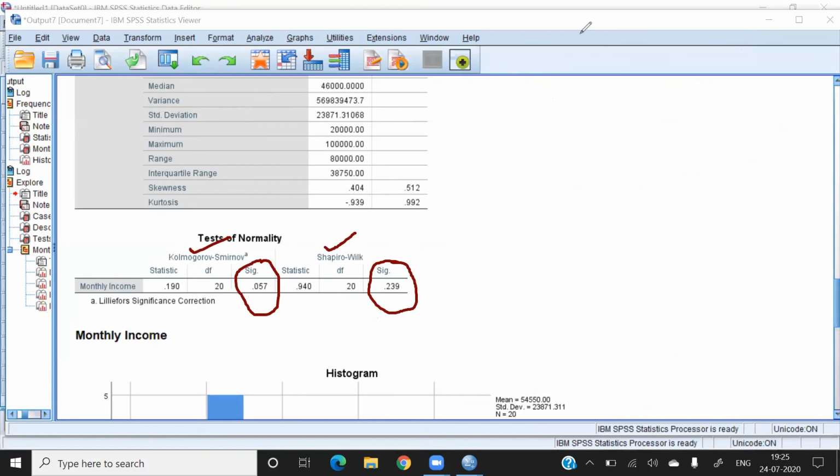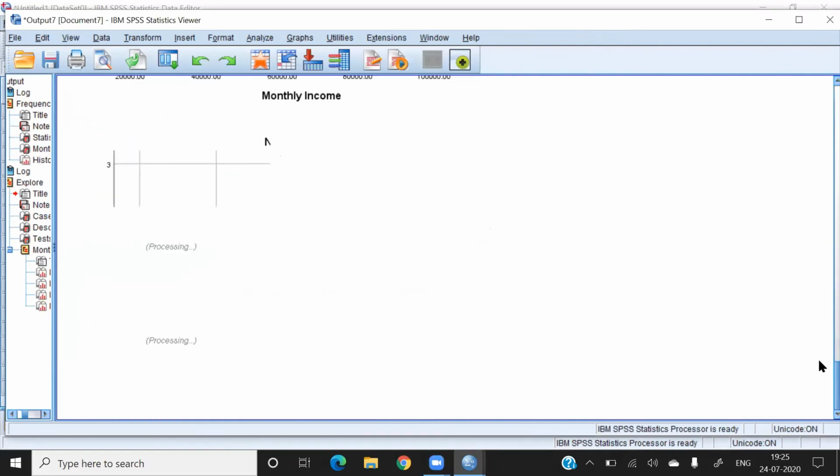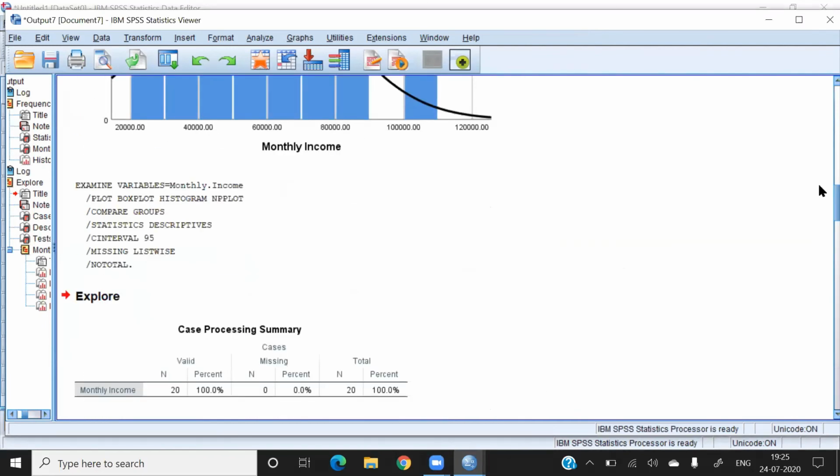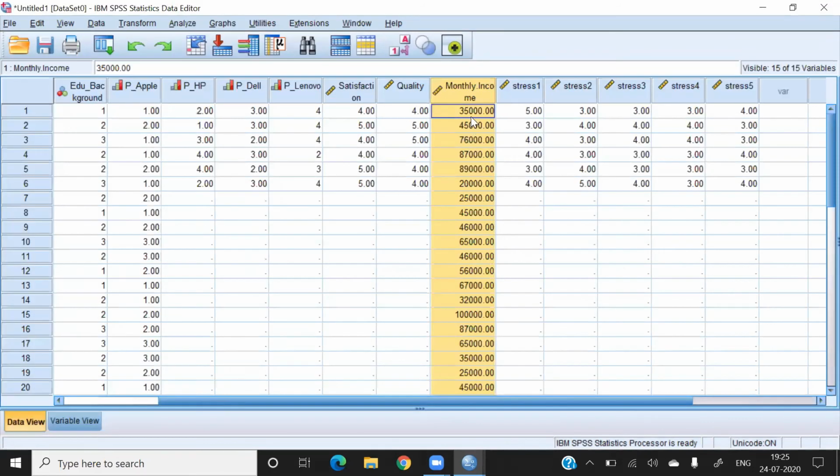So this is the concept of normal distribution, and after that I am explaining one more concept, called outlier testing. Most of the time we want to analyze how to check the outliers of a distribution. Suppose I knowingly make this value 3,50,000. I know that this is an outlier, because I have only 20 samples here.